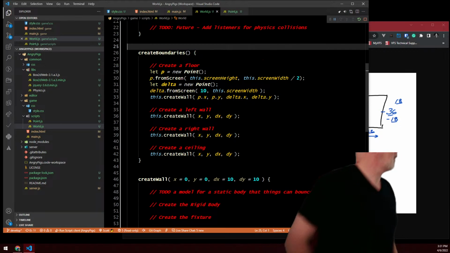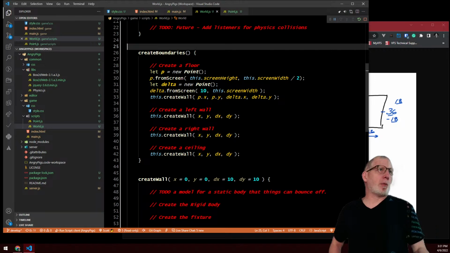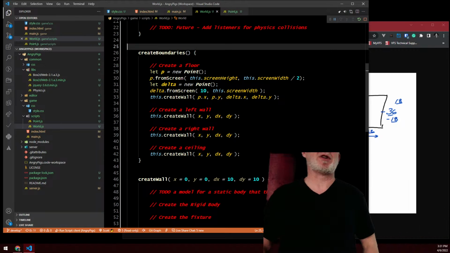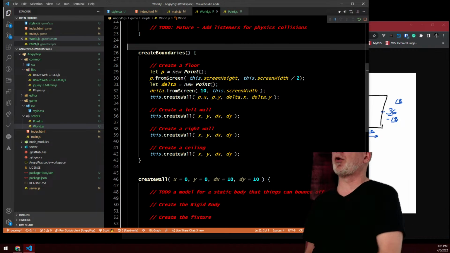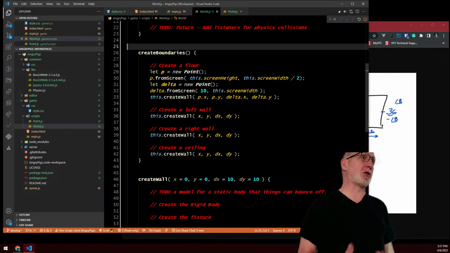So here, I'm using that point object because it does all the calculations for me between screen and world coordinates, and once I have it tested and proven and it works, I don't need to think about it. I'm just going to assume it works. Well,